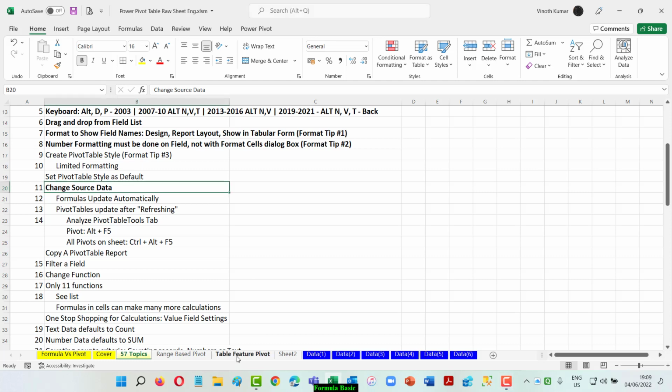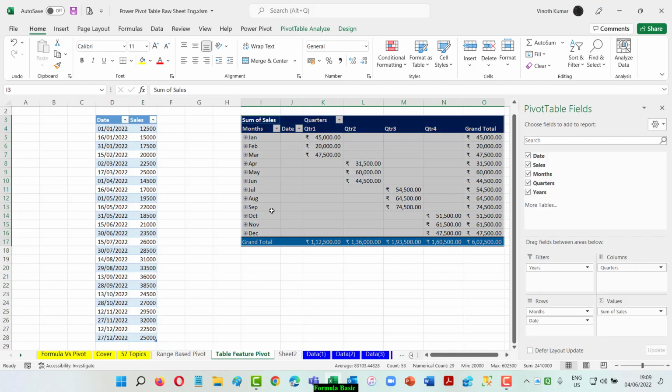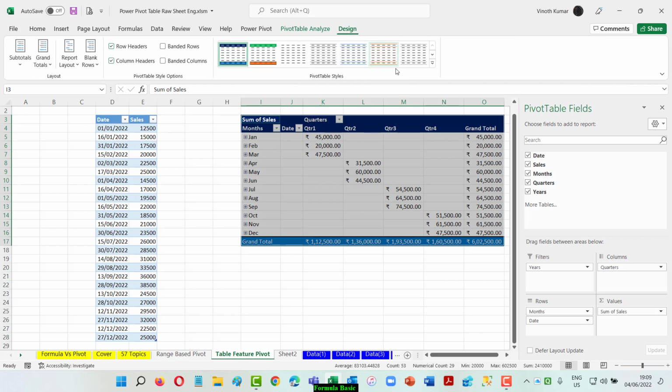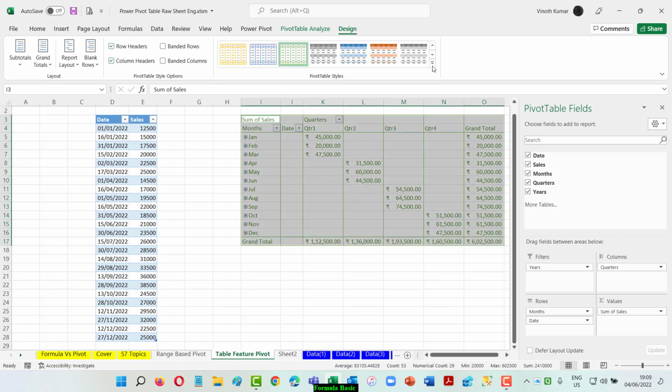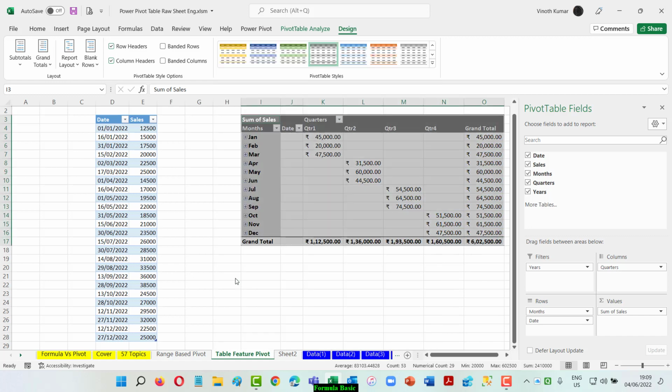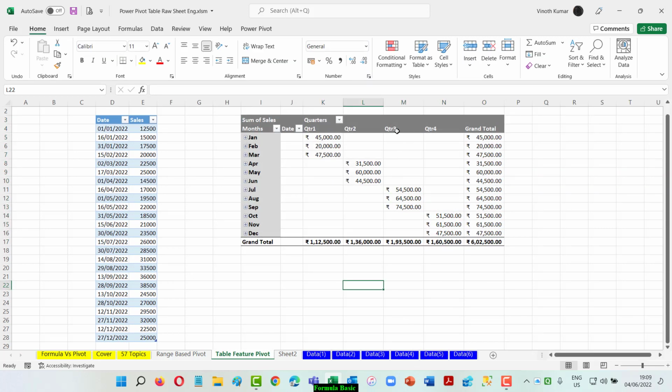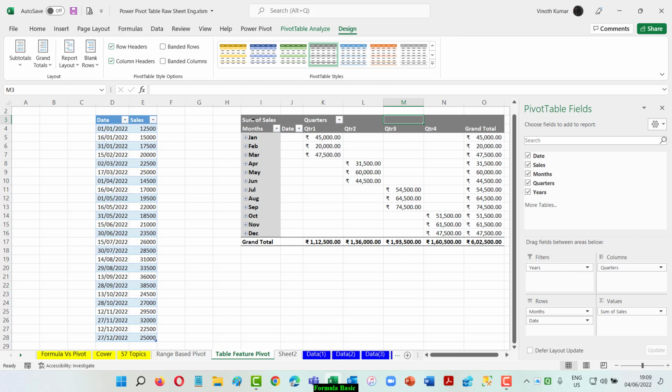Normally, when I go down to the pivot table, you'll be having a pivot table design here, and you will have umpteen number of formattings already available for us. If you want to use any of this formatting, you can definitely use them. Now I'm going to show you how I can build customized